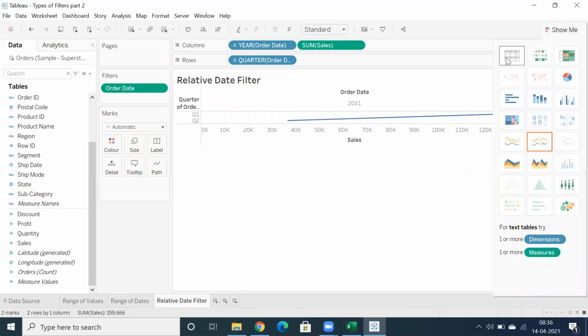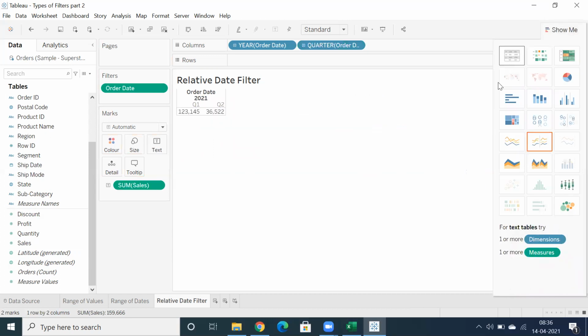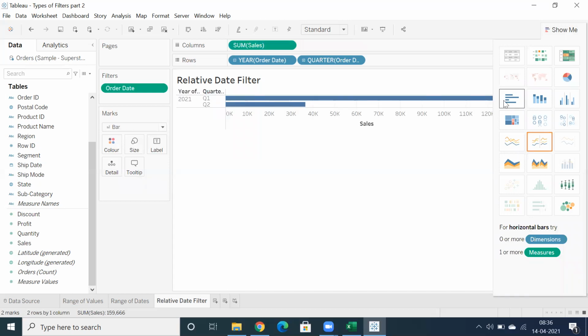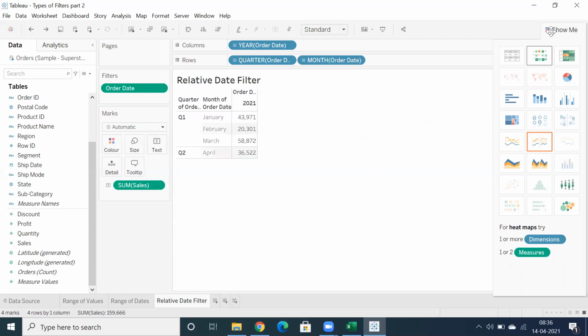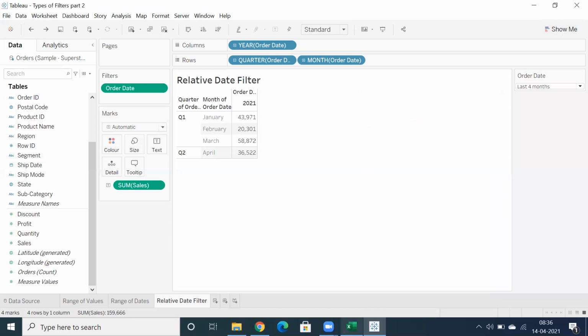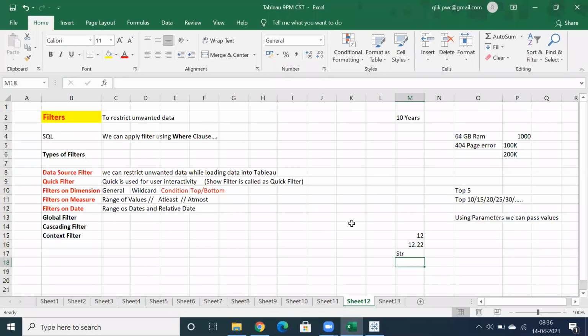If you want to showcase that in a table format, you can click on the first option. If you want to convert it into a bar graph, you can click on bar. So you will get the requirement actually. That's what I mean to say. If you want to create a report, you are going to get a requirement document. Hey, create a report like year by sales, year in columns and sales in rows, or something like a table format.